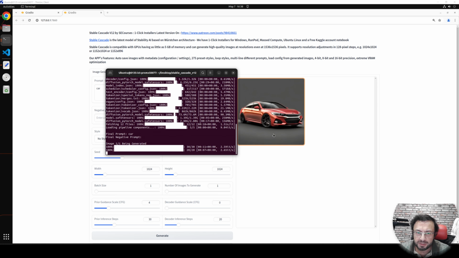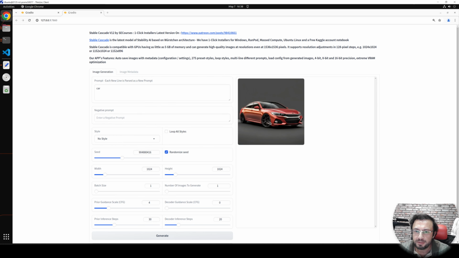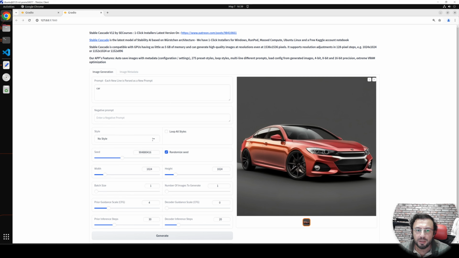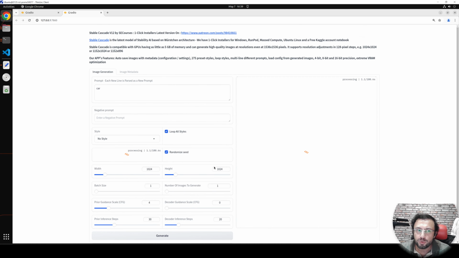And the image has been generated. It was very fast. So you see it is ready here. If you don't know how to use this application, and if you are wondering about it, you can watch the Windows tutorial where I have explained in detail how to use the application. However, I am going to show you how you can copy and transfer the generated files to your local computer